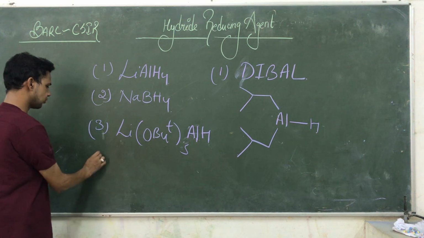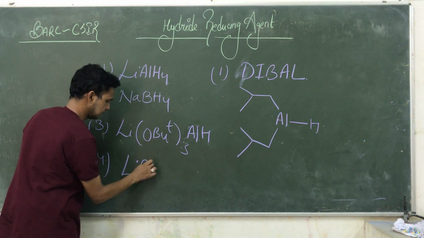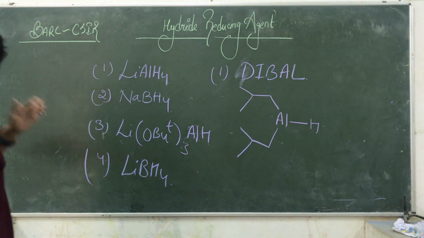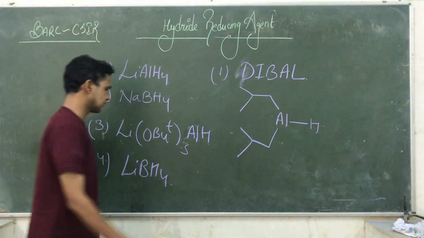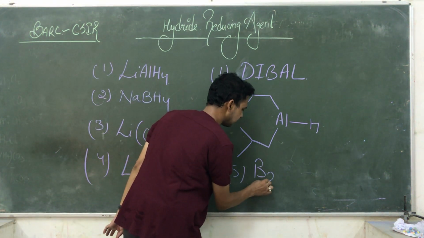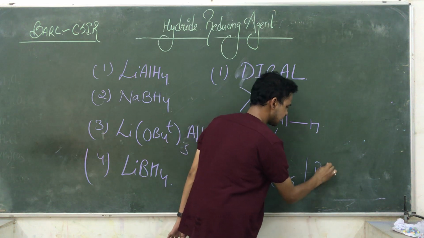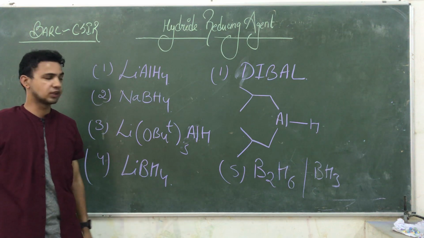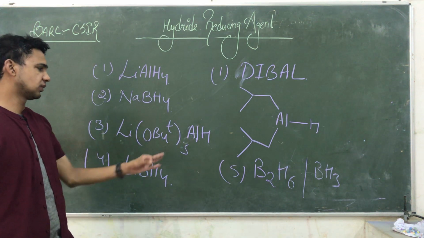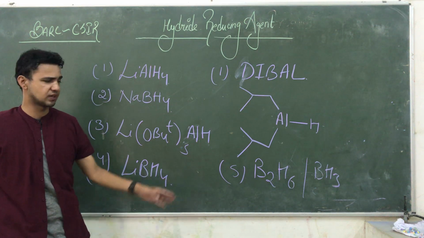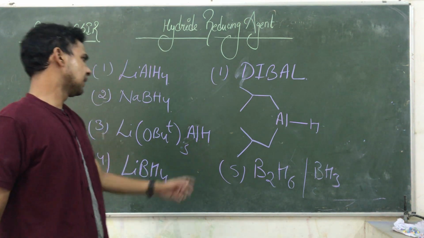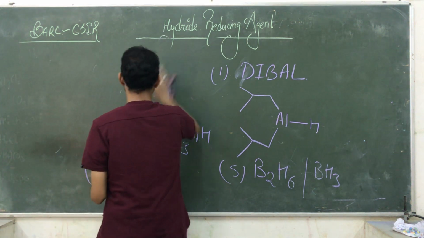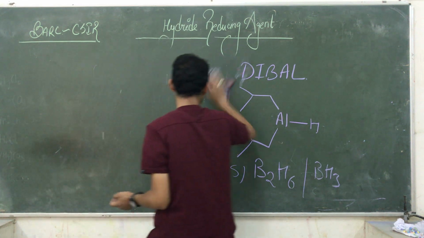Another one we are using is lithium borohydride. Generally, boron is here, and it is also a good reducing agent. The fifth one, maybe you have heard the name, is B2H6 or BH3, a boron hydride. Here the hydrogen is delivered in the form of a negative species, and you know very well that hydroboration reactions take place in the case of B2H6. Related to that, there are other kinds of reducing agents. These are also very specific and have their own importance.